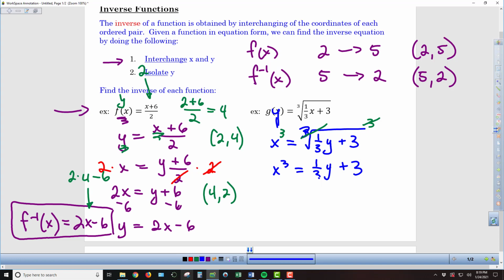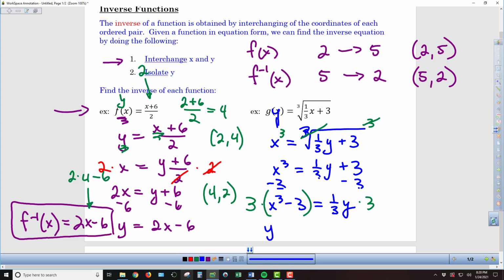So now I'm going to go ahead and subtract 3 from both sides. So I get x cubed minus 3 equals 1/3 y. And so now my last step to solve for y is to multiply both sides by 3. I just have to be careful that I multiply everything by 3, so I end up with y